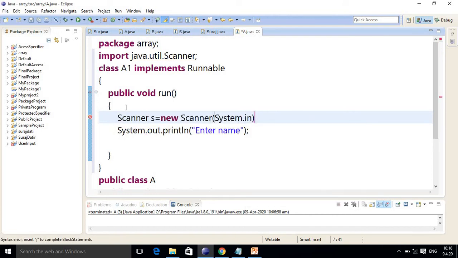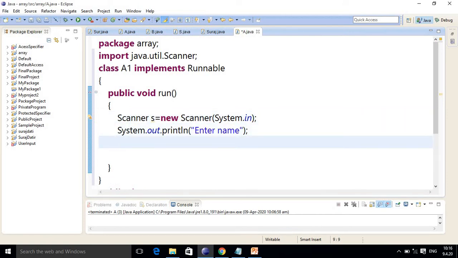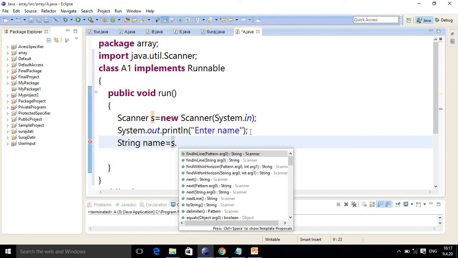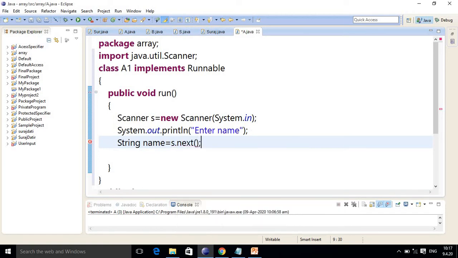You are already aware of this procedure, and then here I am taking a string variable, String name equal to the scanner object dot next method, which you have to utilize.